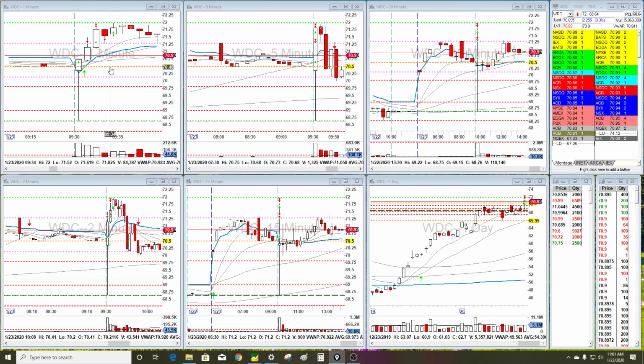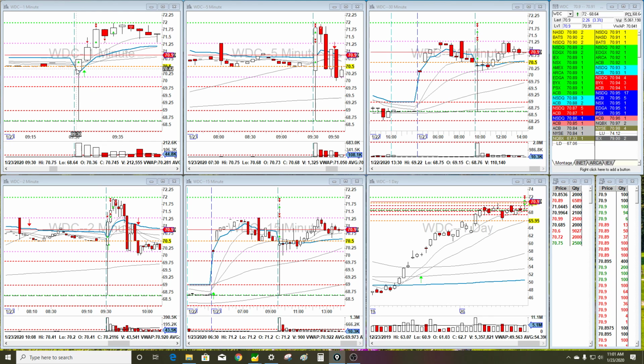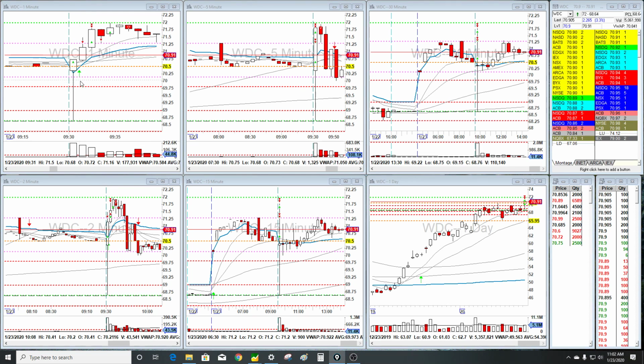My stop would have been below 70.50, but I had enough confirmation that we had a really strong level. We had the price holding above it after we had a false breakdown. So the price pops back up and it's holding it. That was enough for me. I set my stop just a few cents below 70.50, took it long, and then just as quickly as this